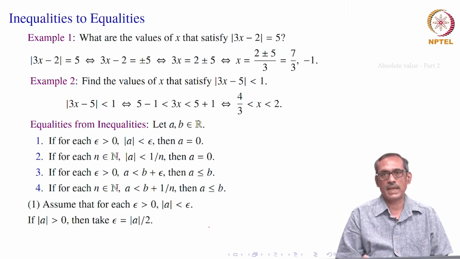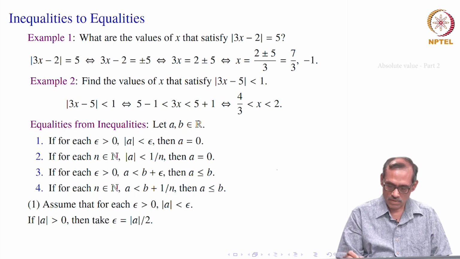But mod A can be either equal to 0 or greater than 0. It can't be negative. So the other case that remains is mod A is greater than 0. Suppose, on the contrary, that mod A is greater than 0. Then what do we do? We are really using the geometry that we have discussed. We have 0 here, and mod A is greater than 0, so mod A is here.